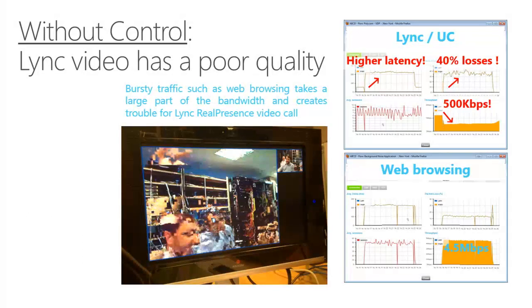And we can see instantly, with no quality of service applied, that the performance fell off dramatically. The video conference that actually required a meg in each direction was only getting 500K. There's masses of latency occurring in the environment, and we're actually experiencing 40% loss. And I think we all know the effect of loss on video conference. It turns into some 1970s disco special effect. So, basically speaking, without some aspect of control, you get extremely poor performance.